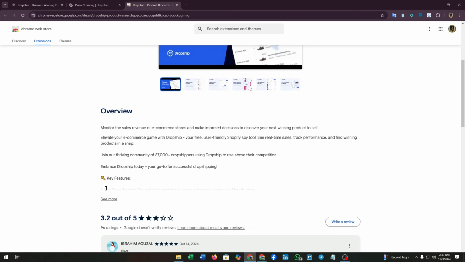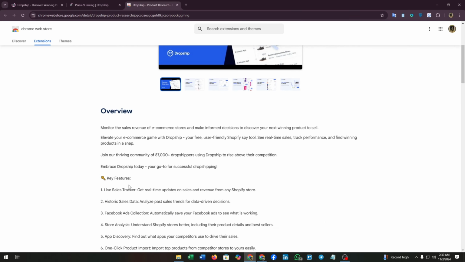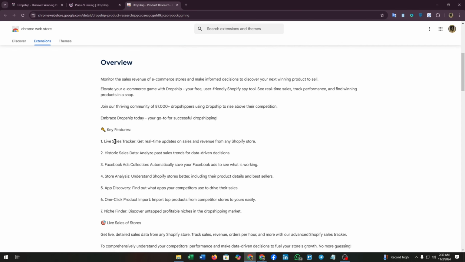But before, here you can see some details, some key features about the dropship extension, like live sales tracker, where you get real-time updates on sales and revenue for any Shopify store, then historic sales data, to analyze past sales trends for data-driven decisions, then Facebook ads collection, which automatically saves your Facebook ads to see what is working, then store analysis, to understand